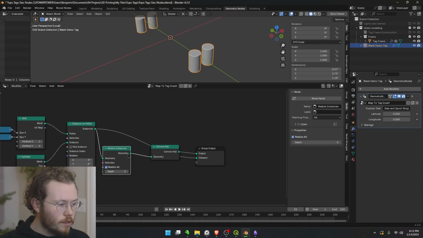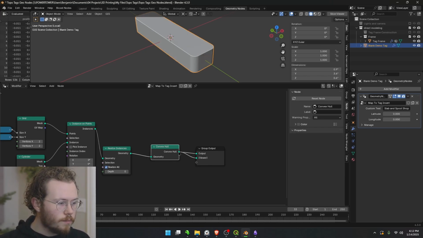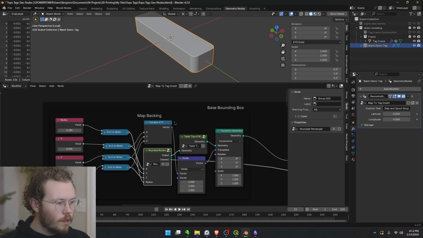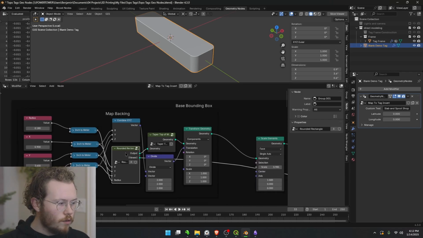And then we realize instances, and that just treats every instance as part of the whole rather than part of individual objects. So that when we do the convex hull, it's just shrink wrapping the entire collection of instances as one object. So we get a rectangle with rounded corners. So I've made that as a grouped node, and then I'm going to put that into another group, which,